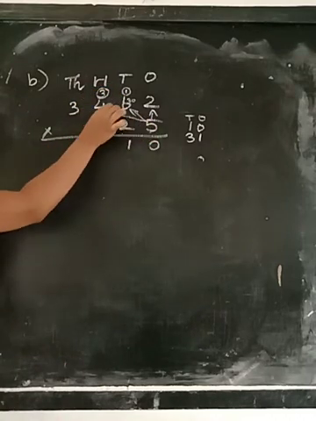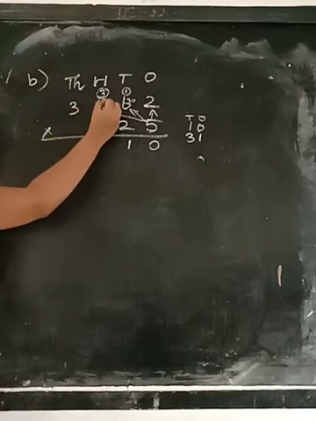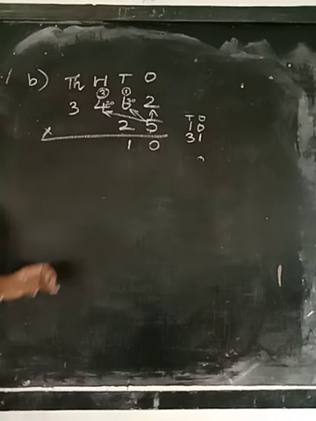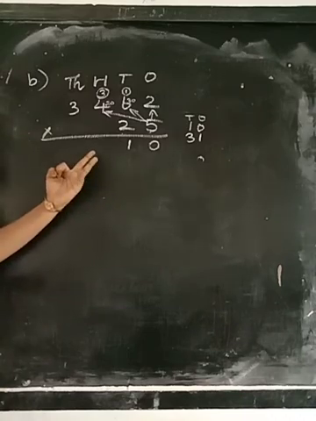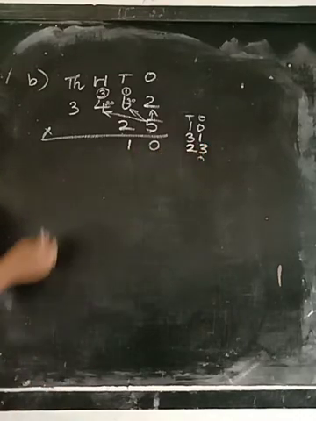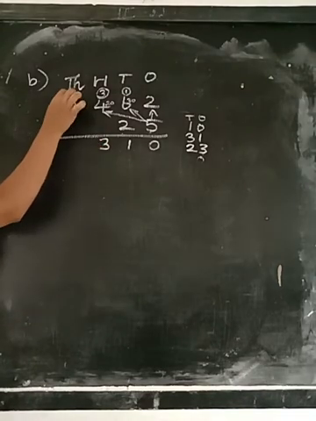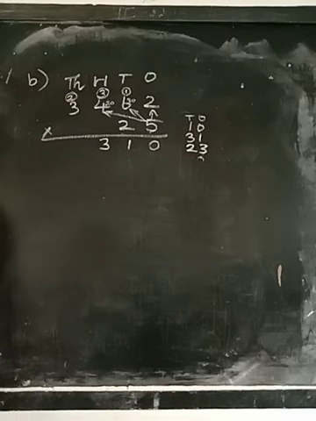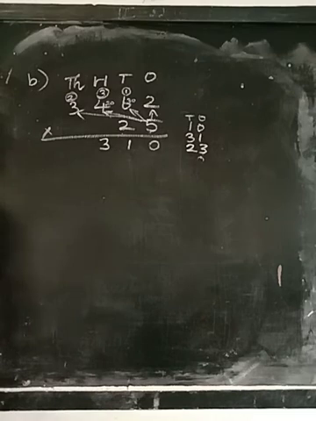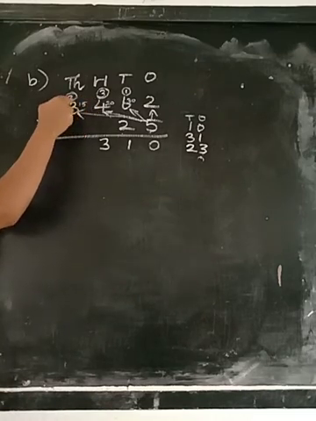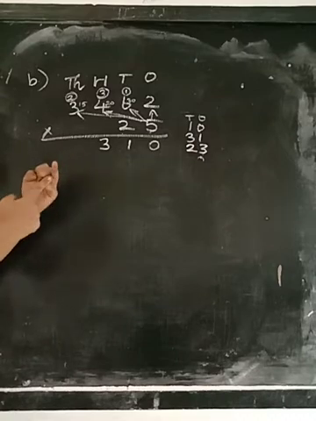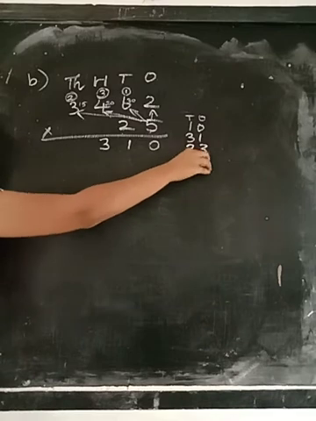Now the third number. So 5 fours are 20. 20, here the carryover number is 3. So 20 plus 3. 20 in the mind, 3 in the fingers, 20 after 21, 22, 23. So here the number is 23. The ones place number, 3 in the answer's place and the 2 in the carryover. Okay? So now this number and the last fourth number. 5 threes are 15. 15 and then here 2 in the carryover. So 15 in the mind, 2 in the fingers, 15 after 16, 17. So here the number is 17.